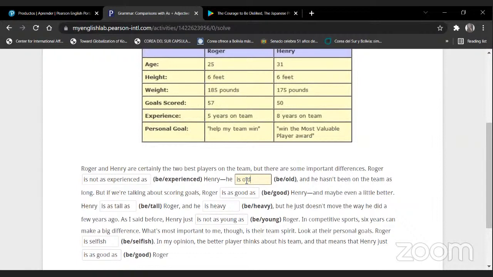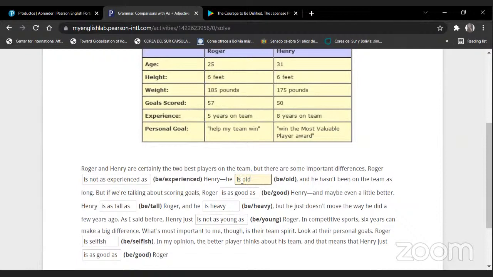In this case, for example, we started talking about Roger, right? So we said that Roger isn't as experienced as Henry. So we are talking the same about Roger. He is old or isn't old because Henry